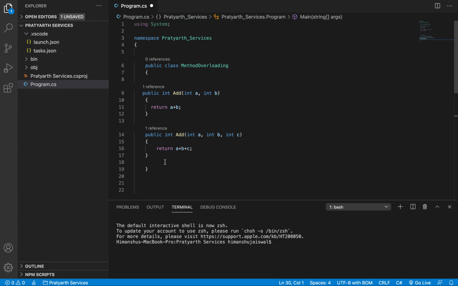So by using method overloading, you can create any number of methods with the same name and a different signature. Here a different signature means you can change the number of parameters, or you can change the data type of the parameters, or you can change the return type of the method. Okay, so this is called the signature of the method. One more thing, overloading deals with multiple methods in the same class with the same name but different signatures, as I already described in this code. Okay, thank you.